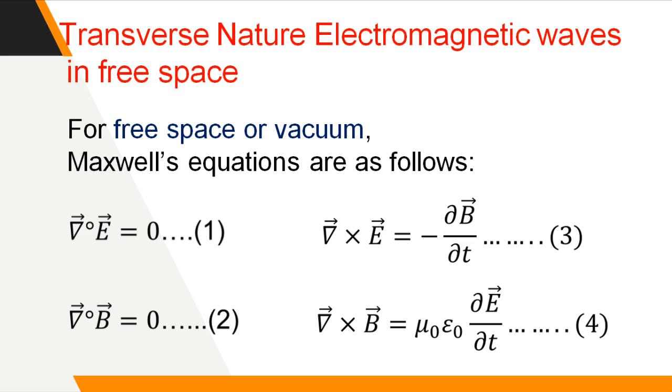Thereafter, we proved the speed of the electromagnetic wave is v equal to 1 by square root of mu epsilon, or in air or vacuum, 1 by square root of mu naught epsilon naught, found to be 2.9998 into 10 to the power 8 meter per second, equivalent to 3 into 10 to the power 8 meter per second. And then we observed many properties of light propagating through a medium, like not requiring a medium, very high velocity, and rectilinear propagation.